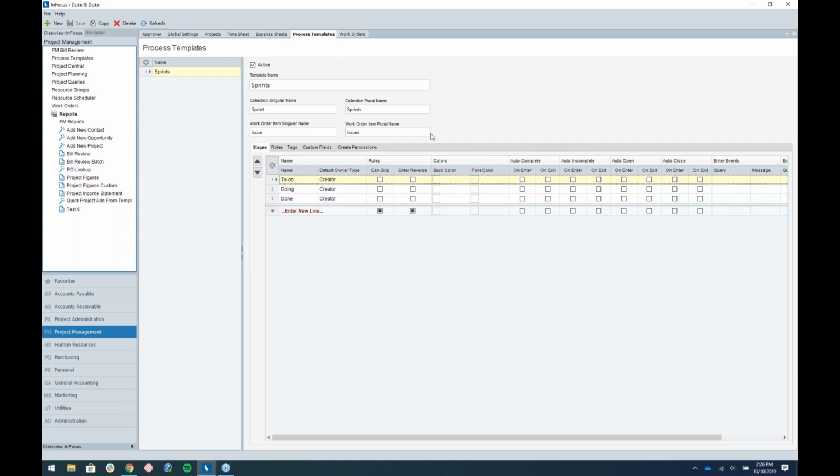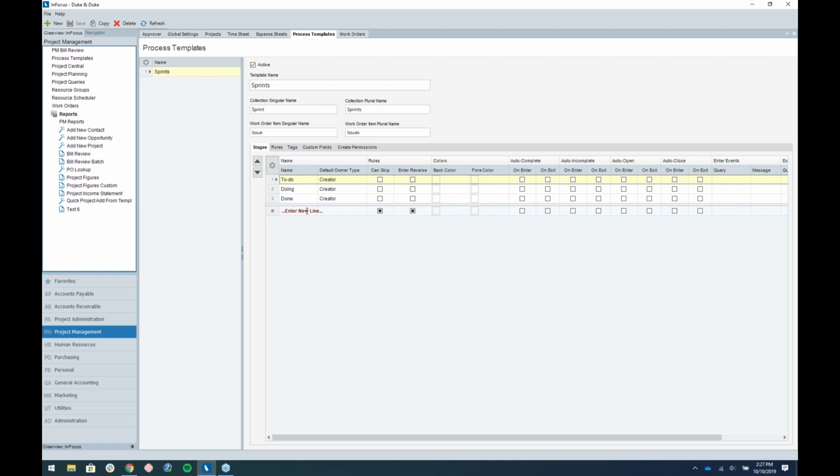That's also located under project management. So basically this is where you can establish your own process, and the process might be stages that you go through. For example, I'm showing you one here that's to do, doing, done. We use this with our development team, and we have a process that goes from backlog to in development to QA to complete or failed, all the way down to done. You can create a process here as long as you want. I do recommend keeping it kind of short and sweet,